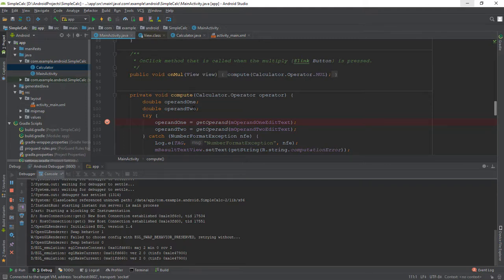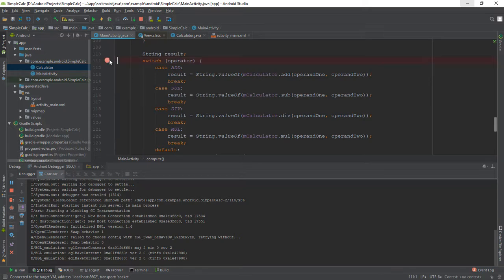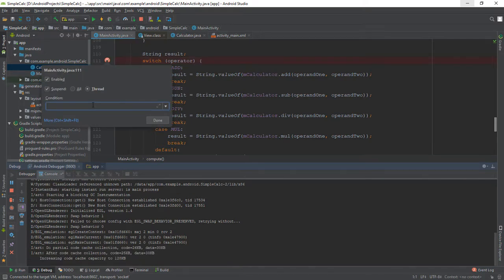Next we'll see how to work with breakpoints. First let's find the breakpoint that we set in the compute method. Let's add a breakpoint to the start of the switch statement. Right click on that new breakpoint and enter the following text in the conditional field: operand 1 is equal to 42 or operand 2 is equal to 42.